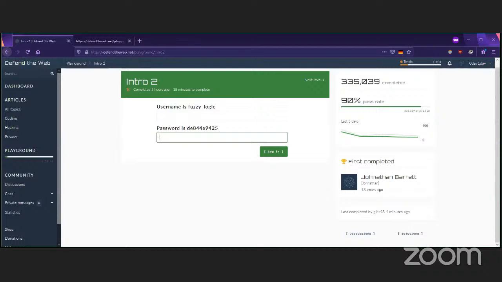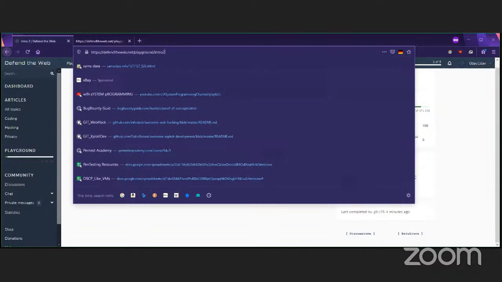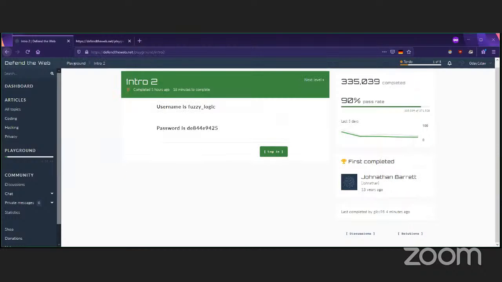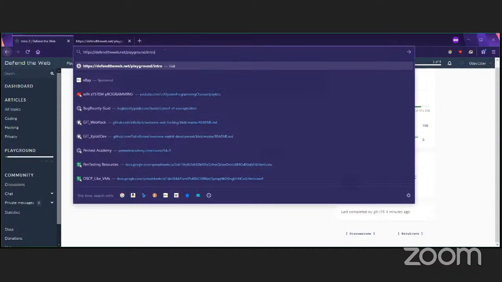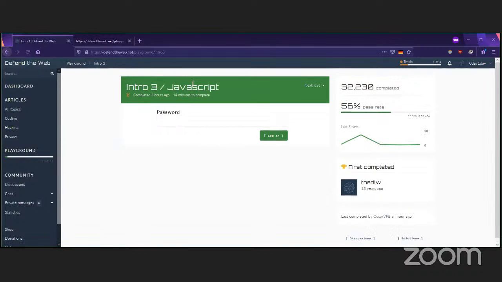Awesome. So for the next one, I think it brings you to intro 4. But if you go into the URL and change that 2 into a 3, it'll bring you to the intro of 3. I'm not sure why it skips 3 and 4, but go into the URL where you see the last word of intro 2, just change that to intro 3. And it will bring you to the third task, or level 3 of the challenge. And take the same approach.